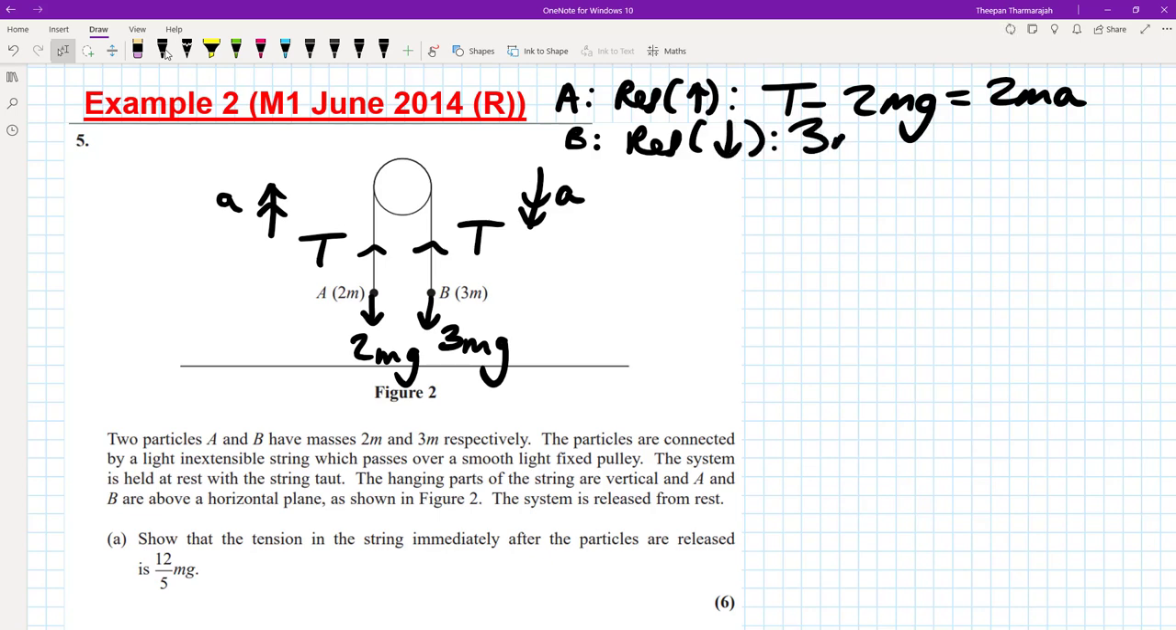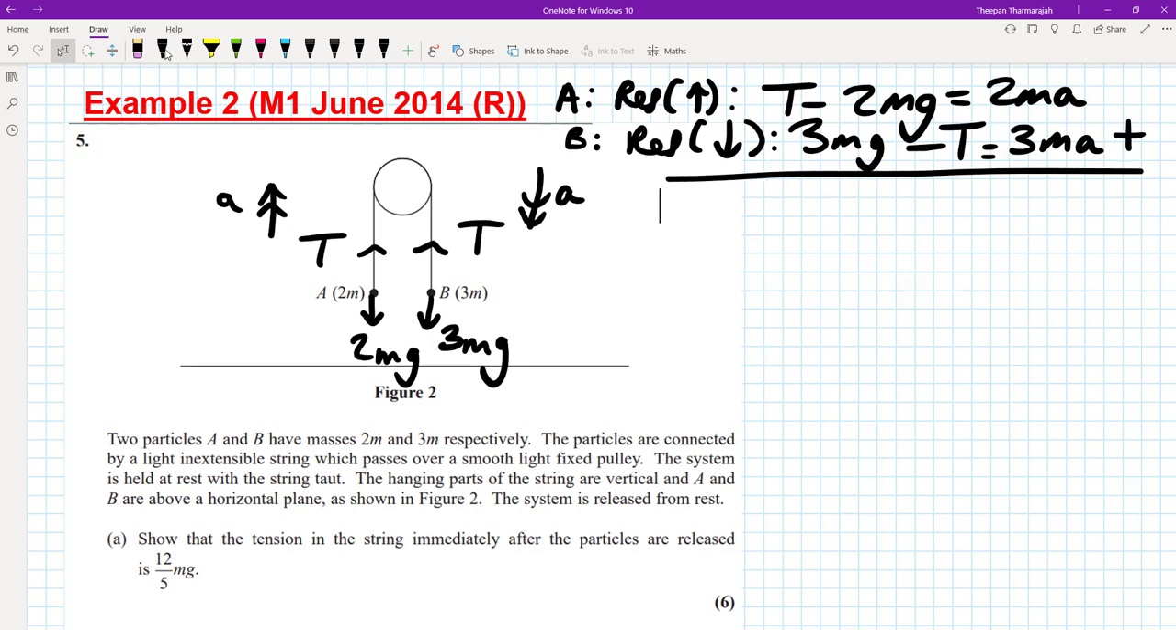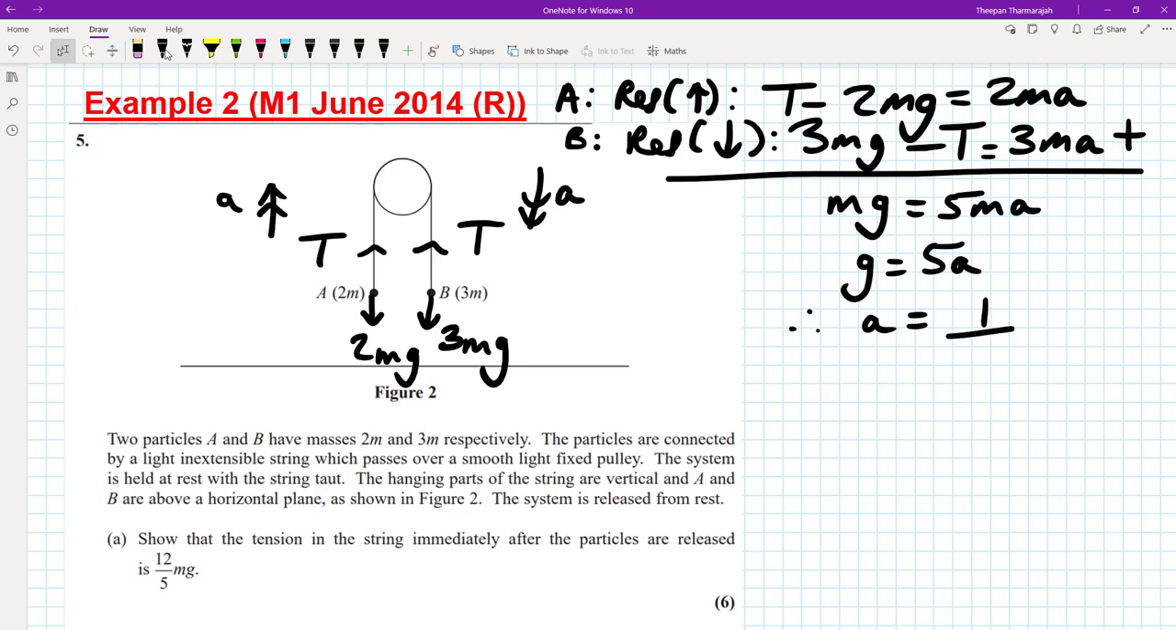So that's 3mg minus T equals 3ma. Simultaneous equation, add them together. So we get 3mg minus 2mg is mg. The tensions cancel out, and we get 5ma. The m's cancel, so therefore a is a fifth of g